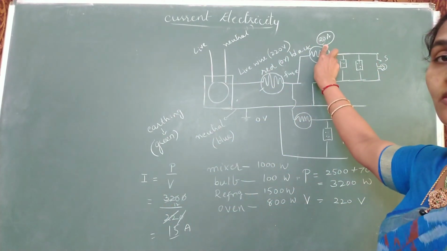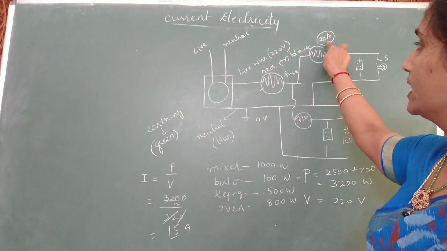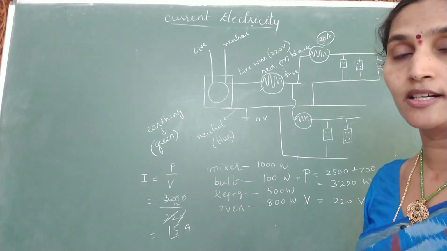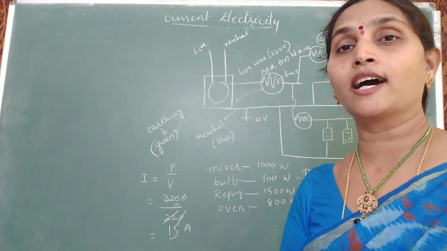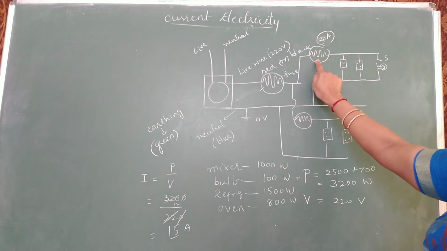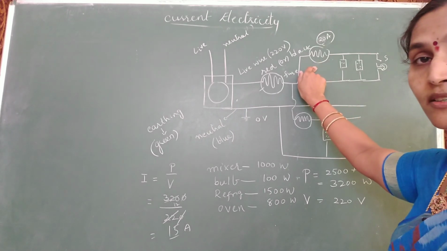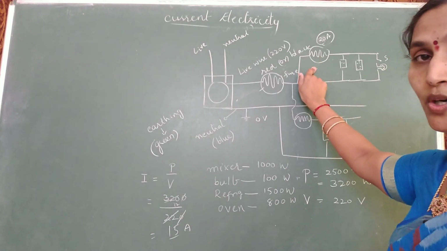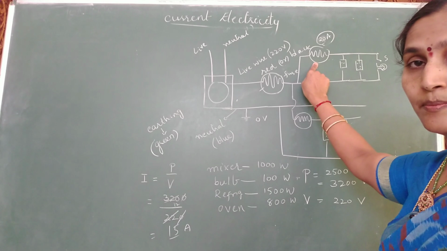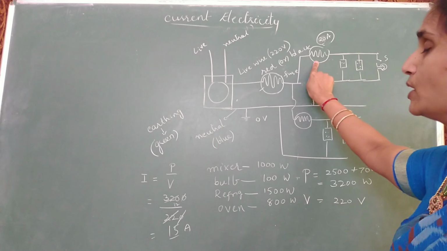Now what is the use of this fuse? By mistake, when you draw a current greater than 20 amps, say you have connected a number of appliances or there is a short circuit in your kitchen and suddenly it has drawn a very large magnitude of current, when your current exceeds this value of 20, immediately this fuse wire is going to melt. Because while manufacturing this fuse wire, we select a material which has a low melting point, so that whenever more current passes through it, the fuse gets heated up, and when the current exceeds 20 ampere, it is going to melt.